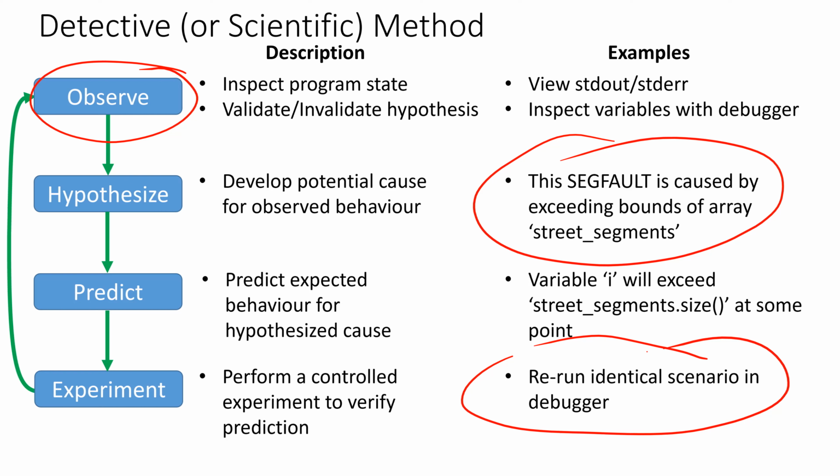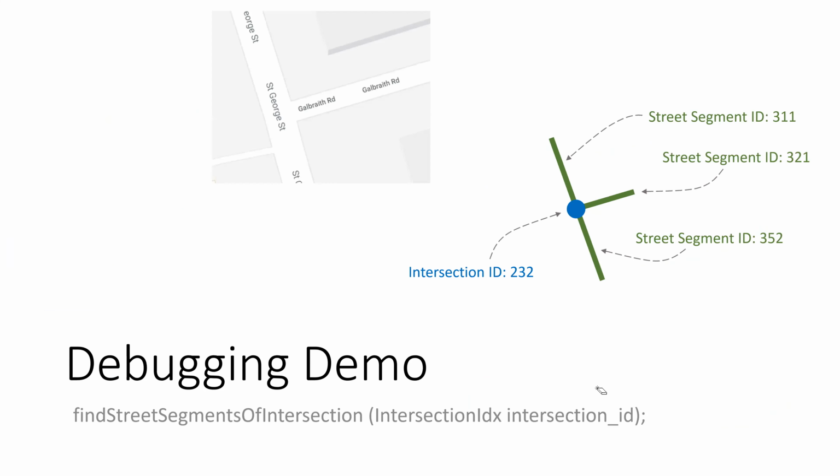You prefer hypotheses you can check quickly versus ones that are going to be really hard for you to figure out, how do I check that? I might have to write a whole bunch of code to check that. So you prefer more likely hypotheses and ones that you can quickly check, because you're trying to minimize the amount of time it takes you to find the root cause. So both those things help you.